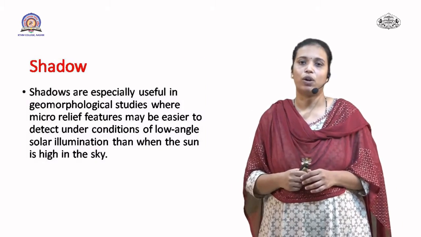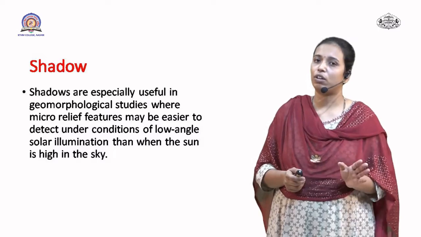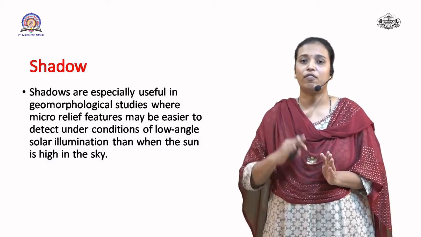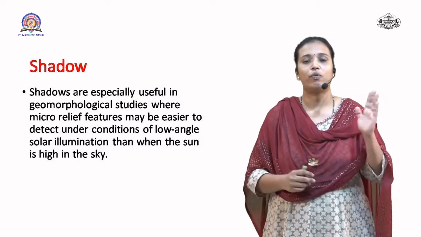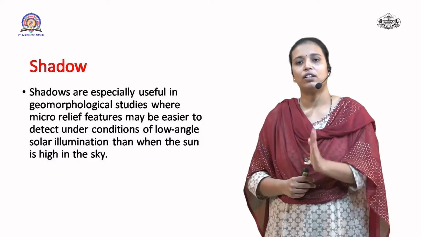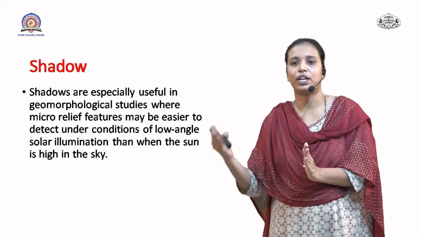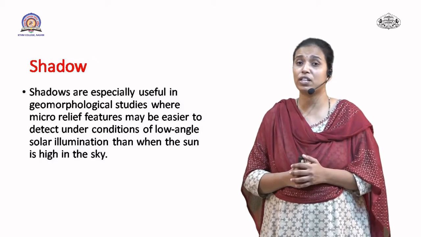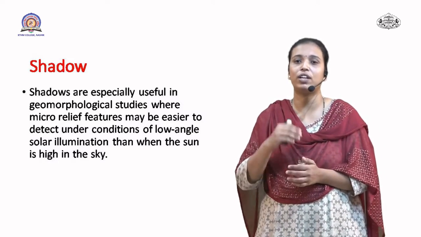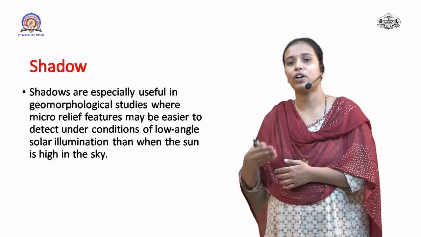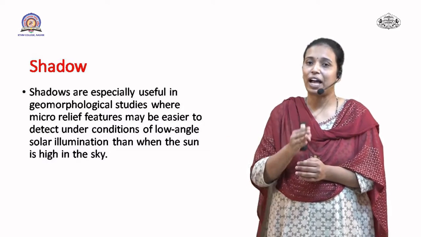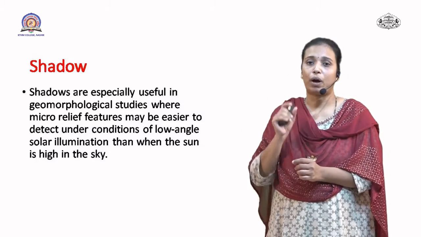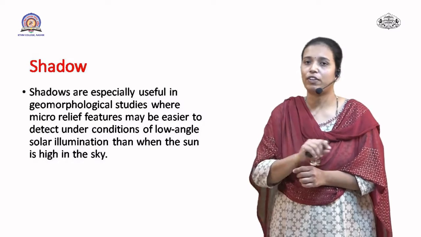Next is the shadow. Shadow plays an important role in identifying or measuring the height of any object with the help of the sun's angle. When you are studying the sun angle, which shows the shadow of an object, you can determine how the height of the object can be measured. In the previous lecture on geometry of aerial photography, we studied the calculation of height measurement, and how the shadow helps us identify the height of any object.